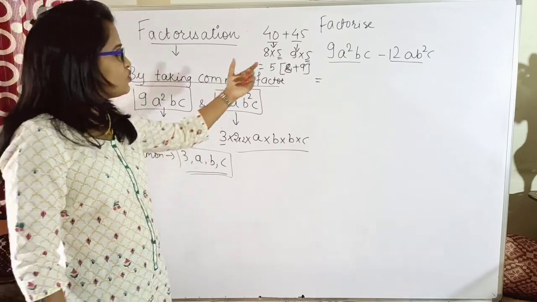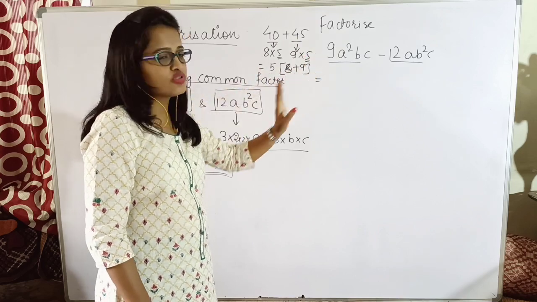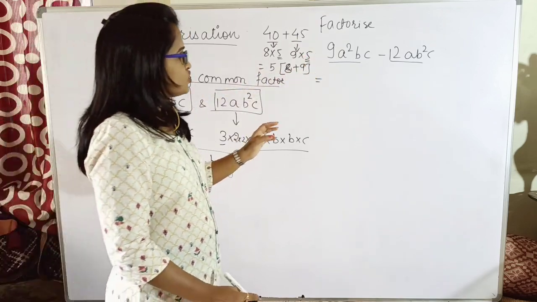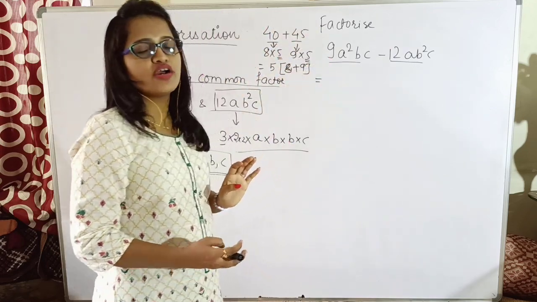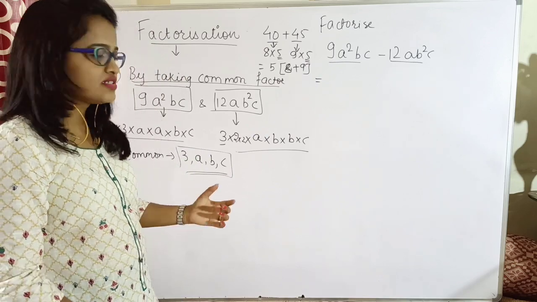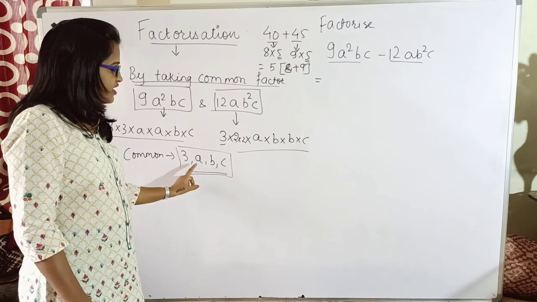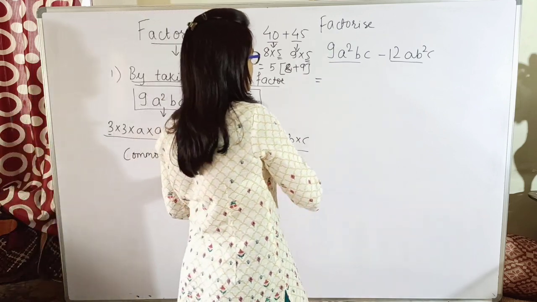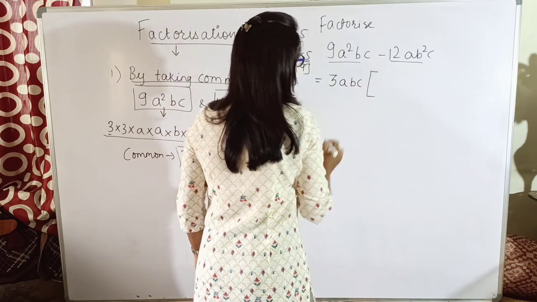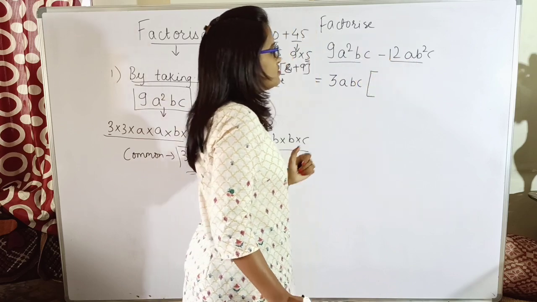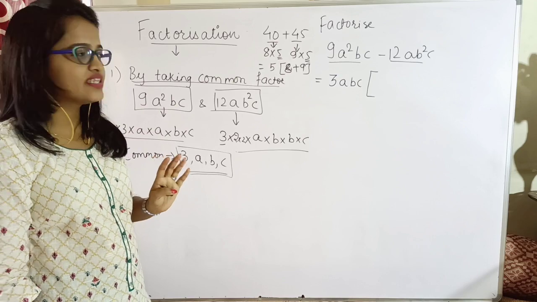Okay, for the numbers we can directly add or subtract them. So usually we don't take a common number out here, but here we cannot add them directly because both are unlike terms, isn't it? So by applying the same logic, from these two terms you have to find out the common factors. I have already found out the common factors. Yes, what are the common factors? 3abc. So let us write 3abc. Okay, so from these two terms I have taken 3abc as common. Now whatever is remaining, that you have to write inside the bracket.